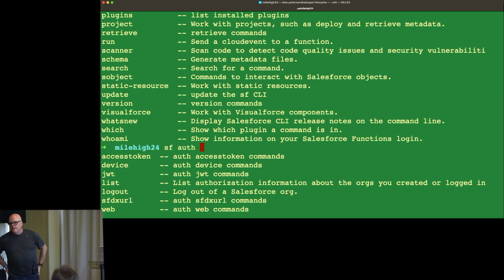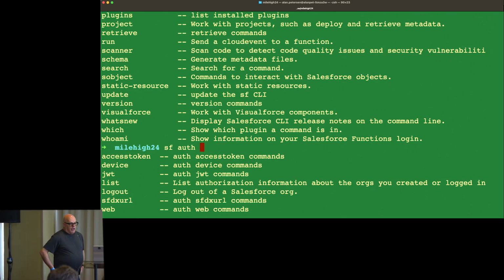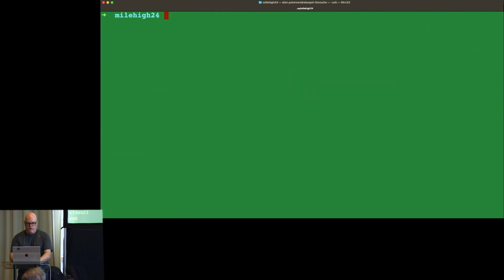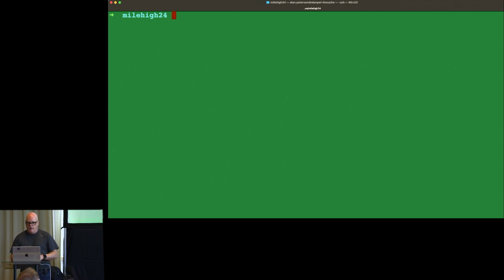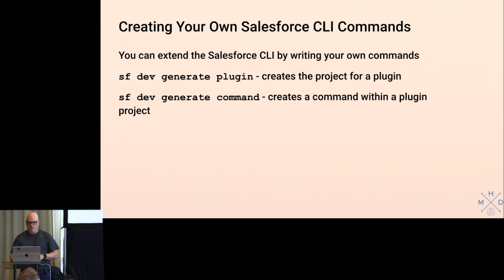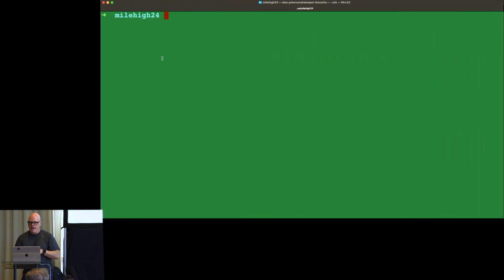For writing your own plugin, you use the SF command object in the VS Code. So writing my own plugin, it's not for VS Code, it's for the command line. So right now, in your project, you use the SF command object, right? The thing that generates that structure for me is this SF dev generate plugin. I then go and do my work, and then when I'm done and I want to test it, I can say